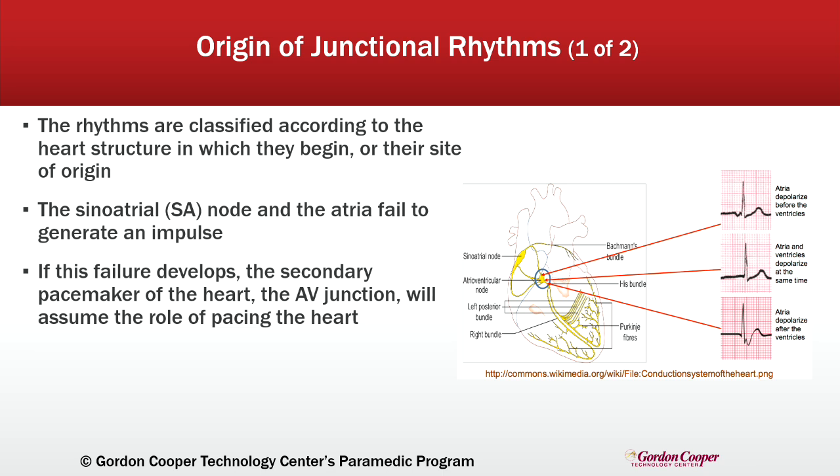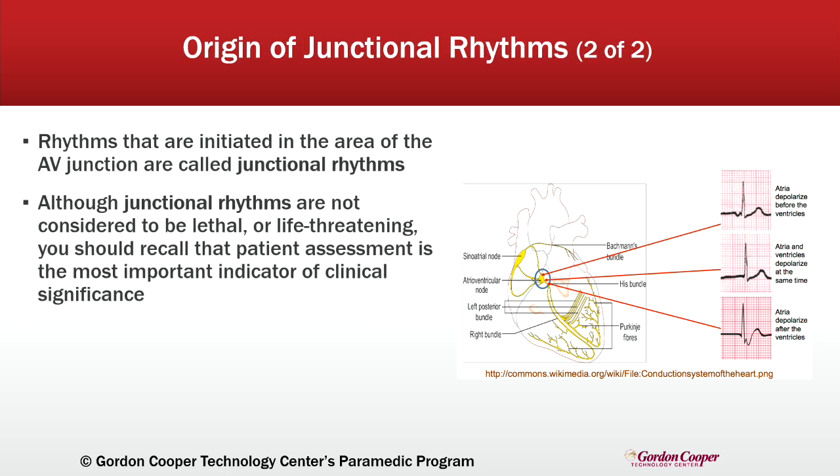Junctional rhythms are classified based on their origin in the AV junction, which is located between the atria and the ventricles. When the SA node and the atria fail to generate an impulse, the AV junction takes over as the heart's pacemaker. Junctional rhythms are those that begin in the AV junction, like I mentioned. While they're generally not considered life-threatening, it's important to remember that patient assessment is the key to determining the clinical